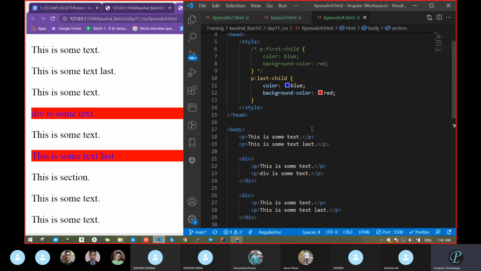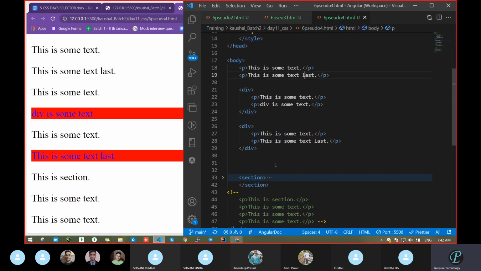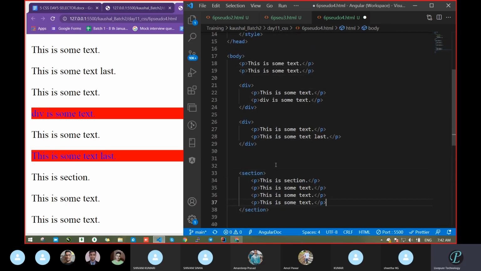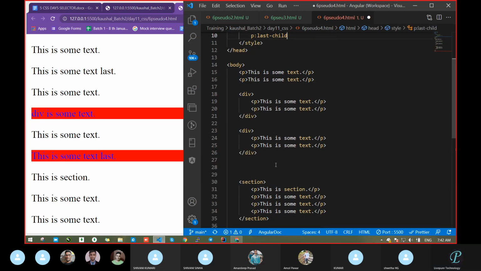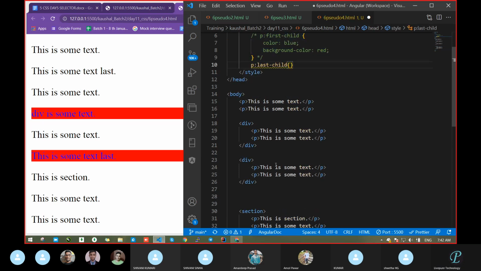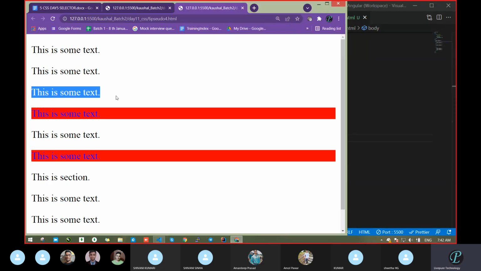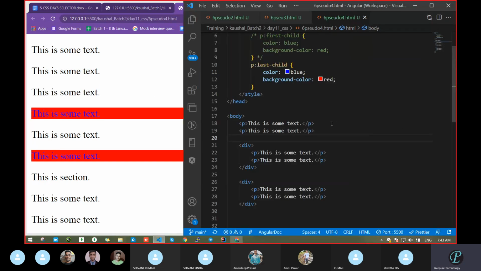So see, it was not looking over the body section means also. Whatever is available in the body section, otherwise this would have to be colored. I think previously it was coming. Let me go back. Wait. Last child I passed. Fine. Let's say no. In last child, there also it was not coming. That was coming in the case of first child. We had looked at that time.